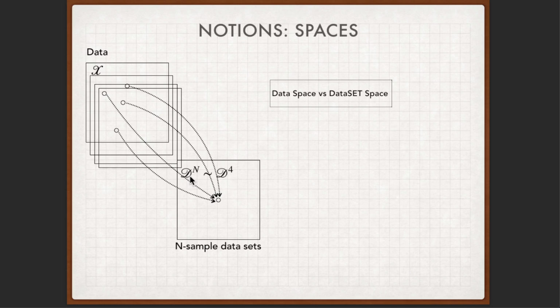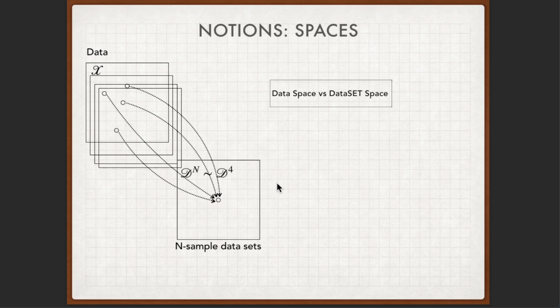So the sample space is defined by the fact that we have randomly drawn some number of samples from the data space. This figure illustrates that we have drawn 4 samples from the data space, which makes the sample space of